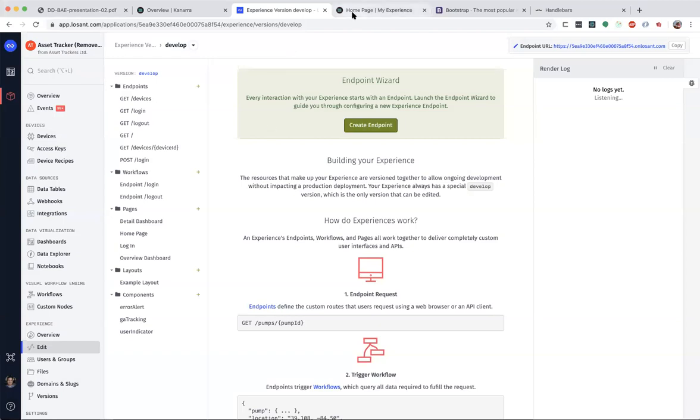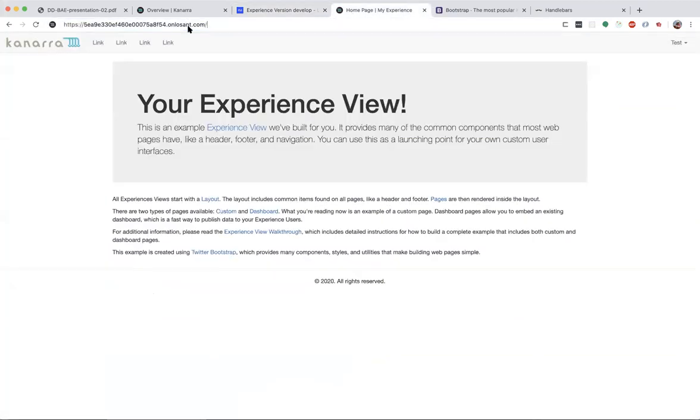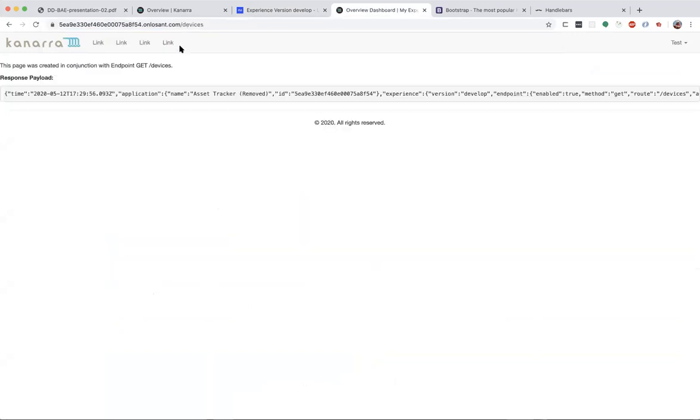Okay, let's go check in, see where we are. /devices, which is the endpoint I created. And then this, what you see down here is just the standard output when generating a page using the endpoint wizard, which just spit out the payload that is available to it so that you can use this when building things out. So that's working. And then /devices/ as I said, something, anything, I get the same thing. Okay, that's obviously not what we want. So how do we get dashboards to display inside of these routes?